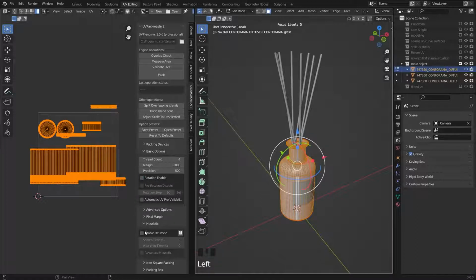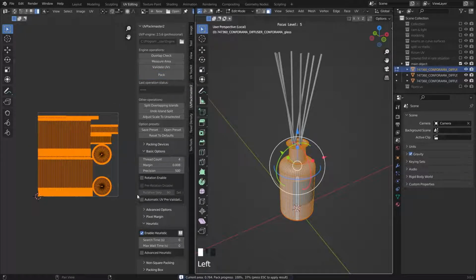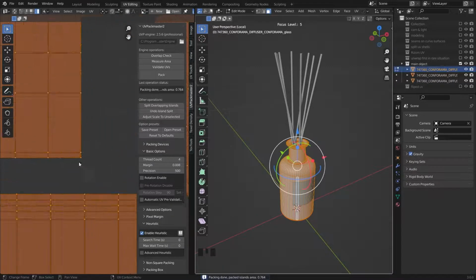And also I usually pick this one and wait for 10 seconds. Of course it's related to our object, but because it's really simple, I just wait for 10 seconds and hit on the pack. You can see it packs my UV shells and makes 8 pixels shell padding for me.